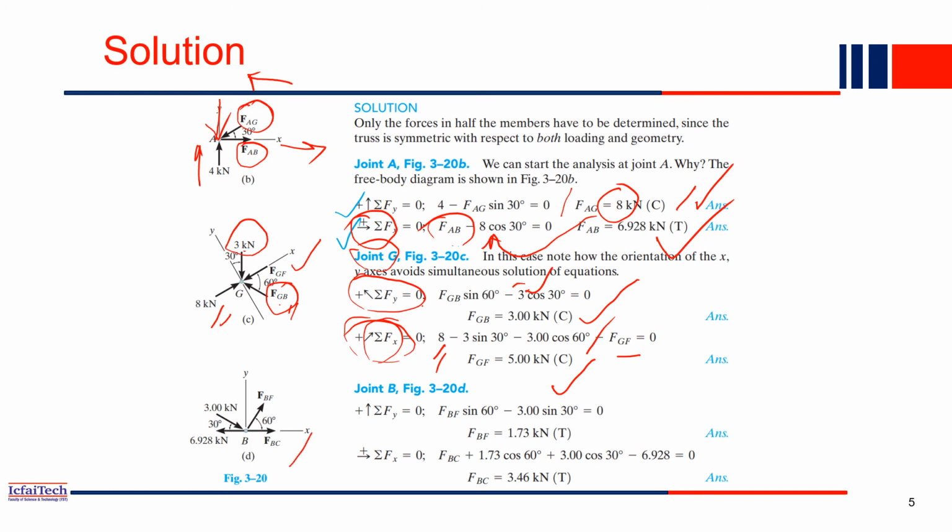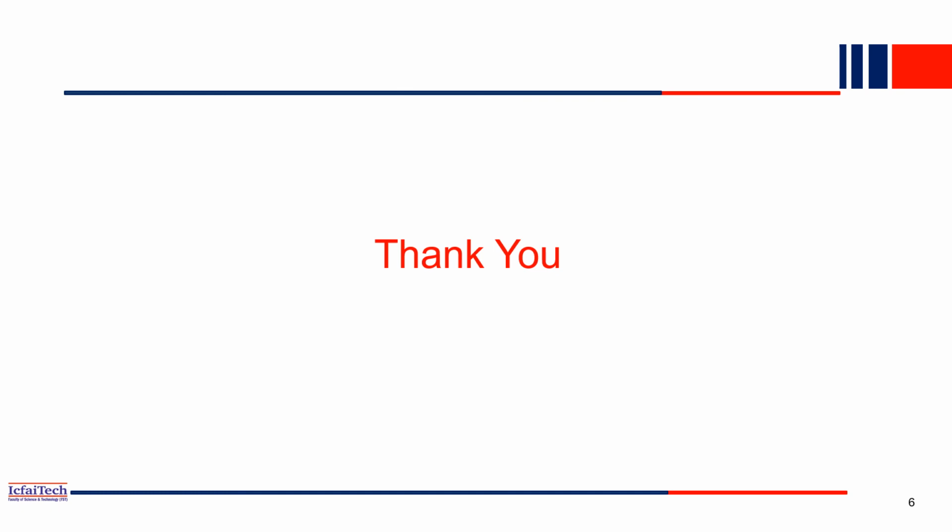Similarly, the same process continues for the next joint, B. Same summation of all forces equal to 0. Now you know many forces, right? We use the same two equations, summation of all vertical forces and summation of all horizontal forces equal to 0, and with simple calculation we get the other members' forces as well. Like that, with the method of joints, we can solve all the members and the reaction forces in a truss. We take joints one by one sequentially, use the two equilibrium equations, and compute the unknown forces.